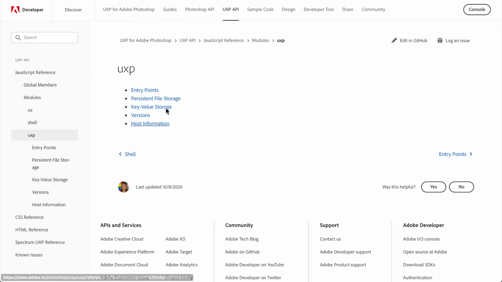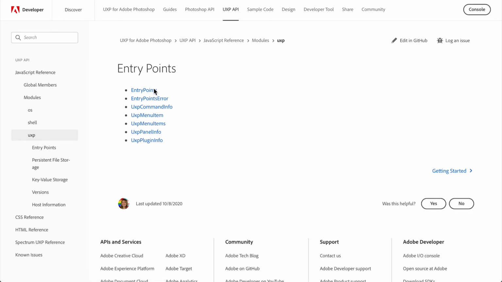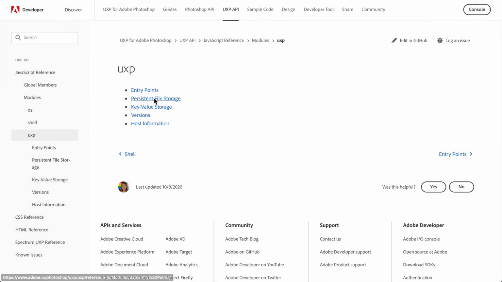And then the UXP, well, this is big. I'm not going to cover this here because it's going to have its own video. But these are UXP specific things. For instance, the entry points is an object that takes care of what happens during the UXP lifecycle. For instance, the functions that you want to run when the panel shows or is created. And then you have file storage, various information about it, and key value storage, version, host information, and so on